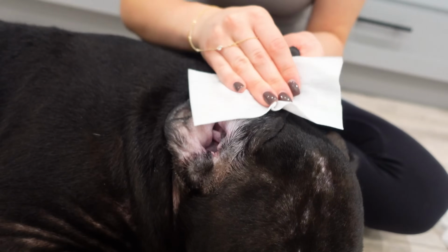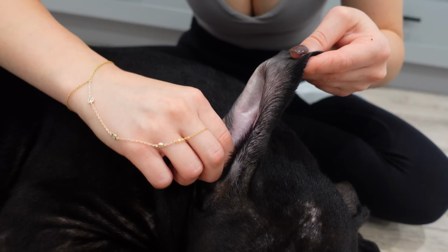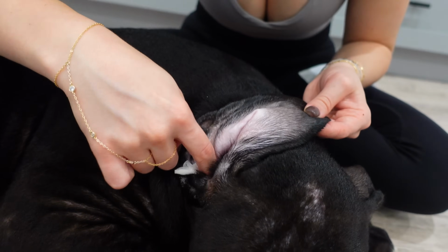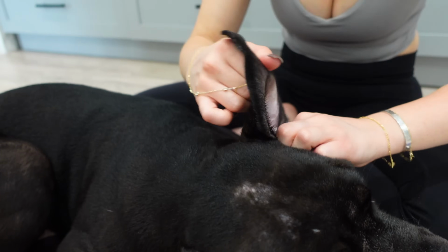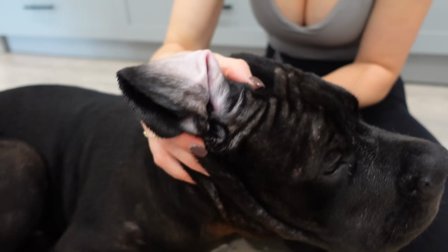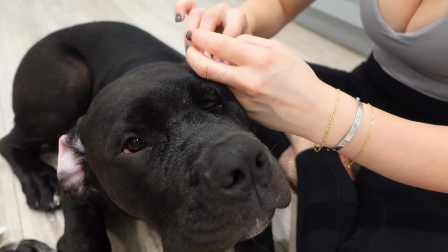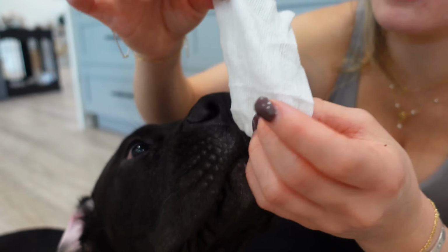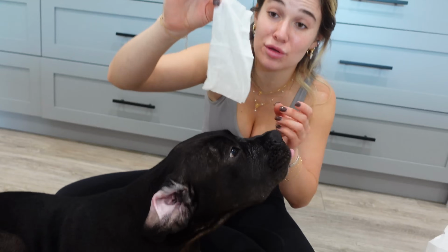We're gonna take another cotton swab, another gauze, and we are going to be making sure that everything's nice and dry, making sure we're going nice and gentle. And we're sticking it inside the clean ear right here, making sure we get all of that liquid out. All right, and Shrek is absolutely loving this. And let's see the difference, guys. Look at that, there's literally nothing on this. You wanna smell your crusty ear? Oh, you like that? That tastes good. But you can see there's nothing on the ear that's not infected, and there's a lot of gunk in the ear that is. So now that we got both ears nice and cleaned and nice and dried out,